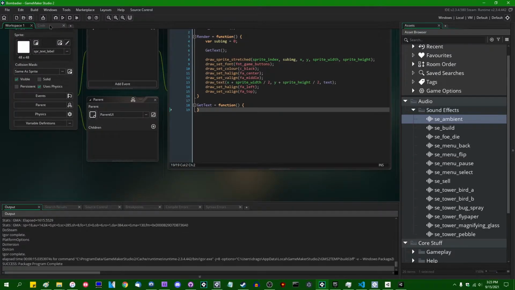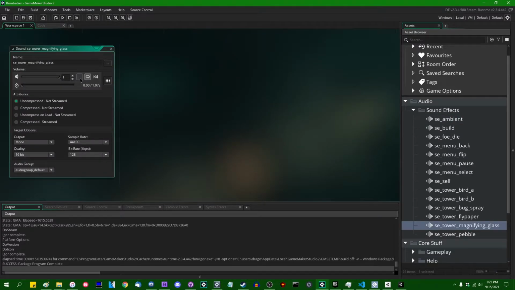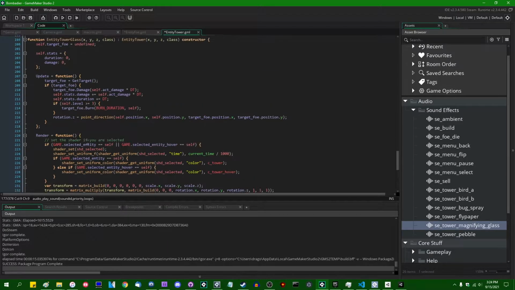I said I would do the magnifying glass. This is going to be a little bit different. This is another sound that is a loop. It's sort of white noise. It's not quite white noise. I forget exactly what that sound is. It's some sort of static, like a slow burn static, is the idea. And it loops. And instead of being a one-shot sound, I'm going to have the magnifying glass